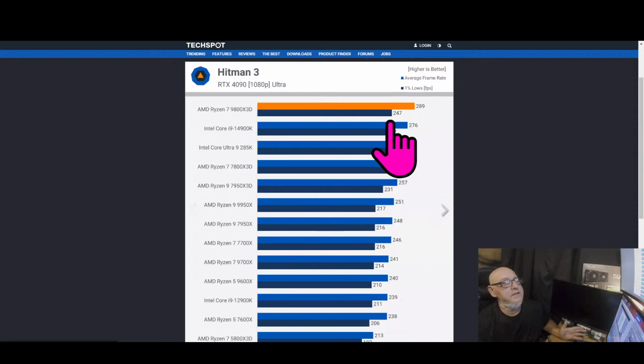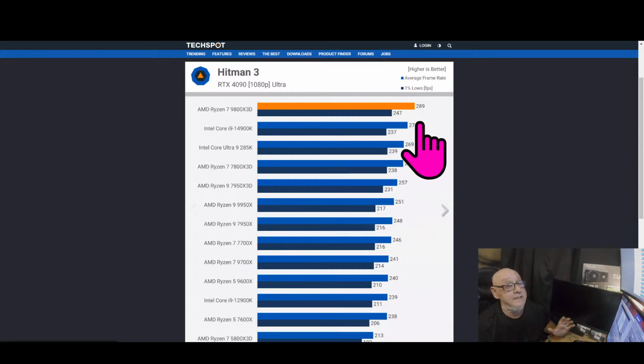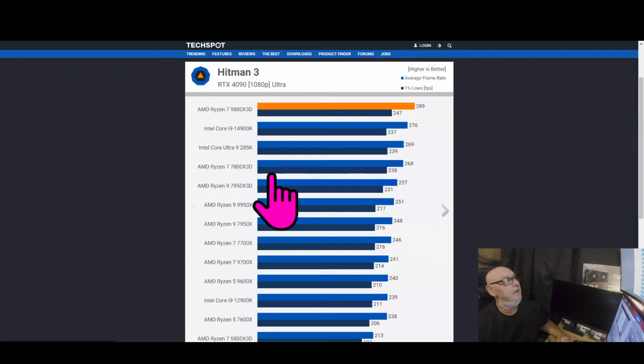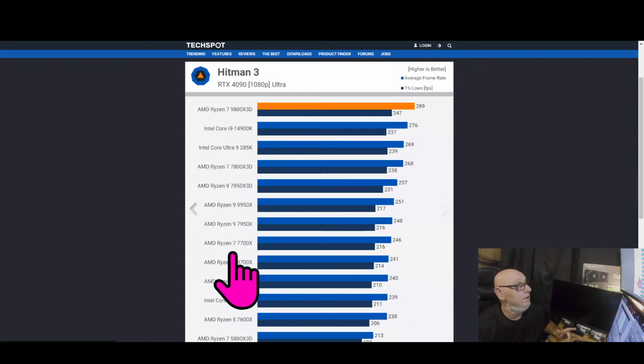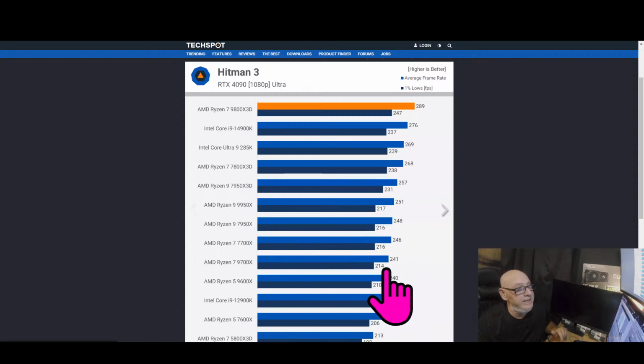Okay, we all know the 9800X3D is going to be king. So that's going to be the king of it all. But it's $530 or maybe a little more now. But 9700X is 241 FPS compared to the 7700X is 246 FPS. There's not much difference between the two. So if you look at